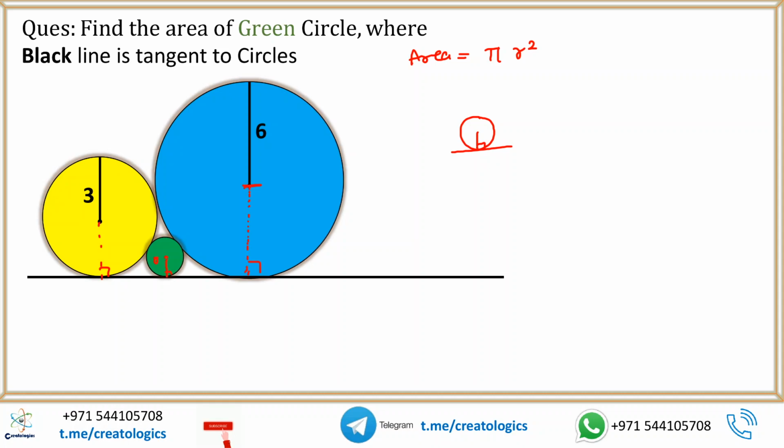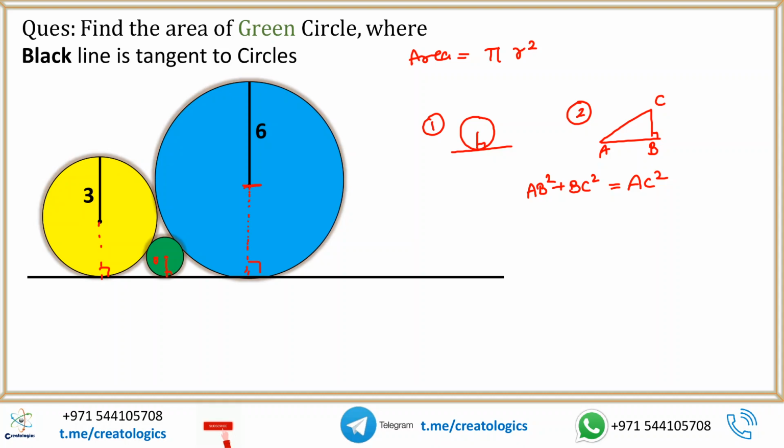Now the next thing is, you are already familiar with the Pythagoras theorem in a right angle triangle. If you have a right angle triangle, let's say ABC, where AC is the hypotenuse, then you know that AB squared plus BC squared is equal to AC squared. That is our second important thing that we are going to use in this topic.